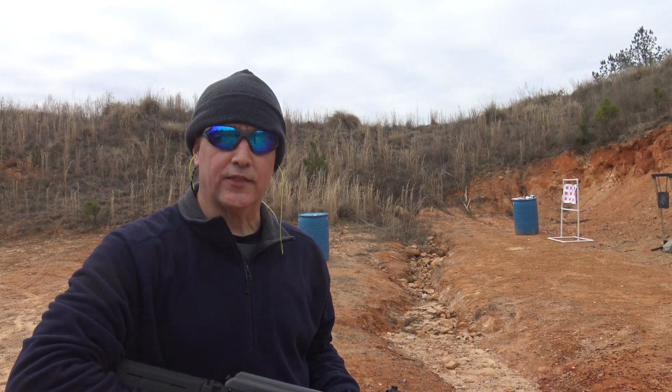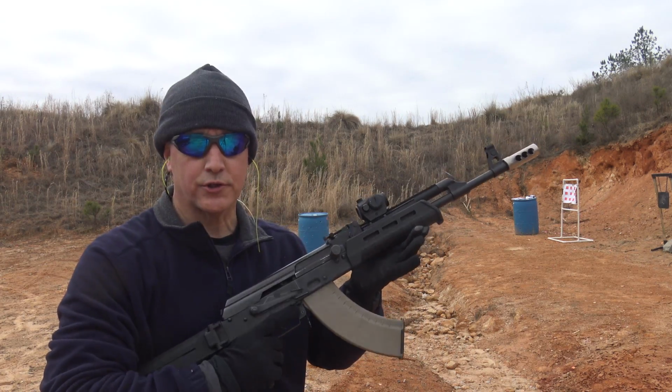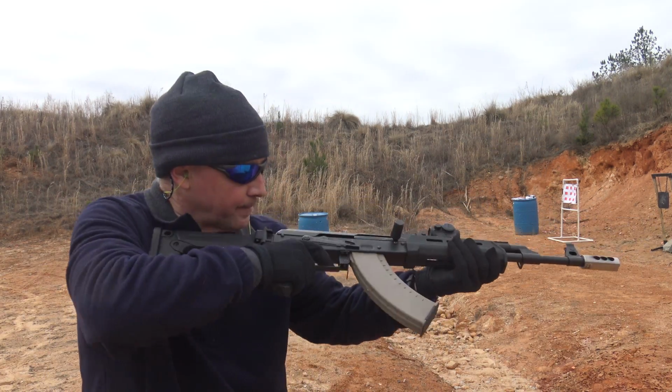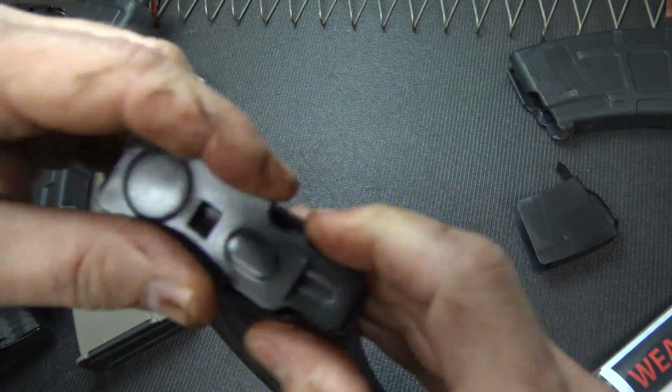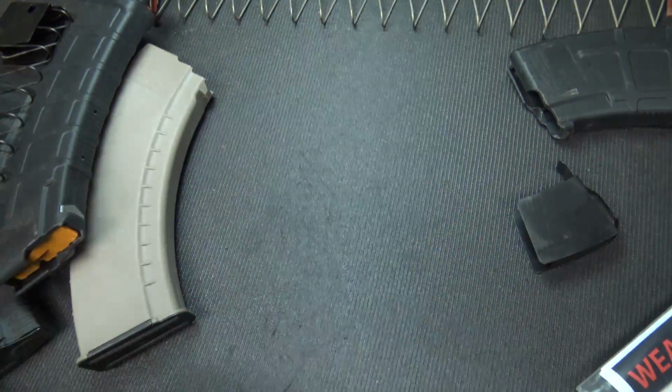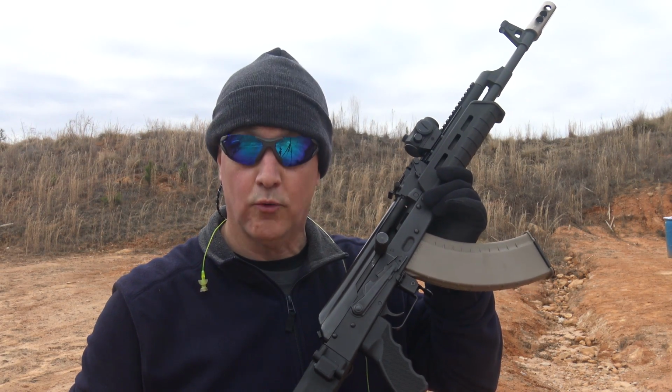Today we're going to take a look at the WeaponTech bolt hold open AK-47 followers. So the WeaponTech AK-47 enhanced bolt hold open